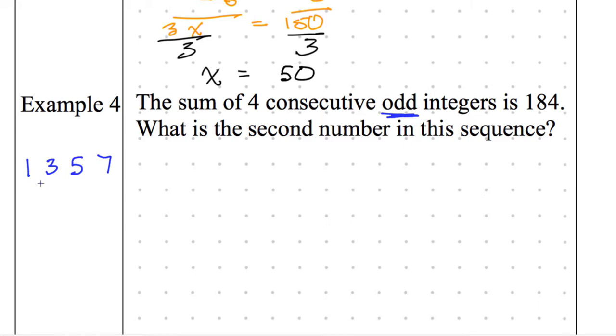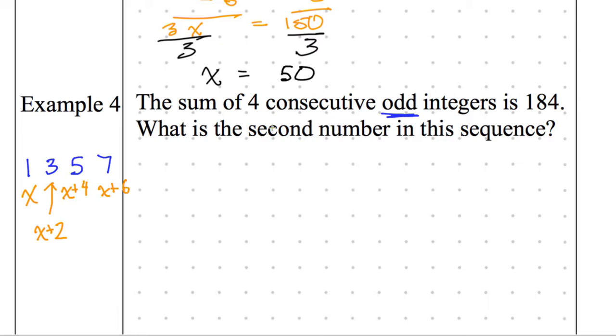Good. All right, so if I said that 1 was x, how do I say 3? 3 is how much more than 1? 2. This one is x plus 2, which is weird, right? Because it's an odd number, but I'm still adding 2 to it. So every single time I'm going up in an odd number, I'm still adding on 2. So what is 5 in terms of 1? It's x plus what? 4. Plus 4, and then 7 is going to be x plus 6.